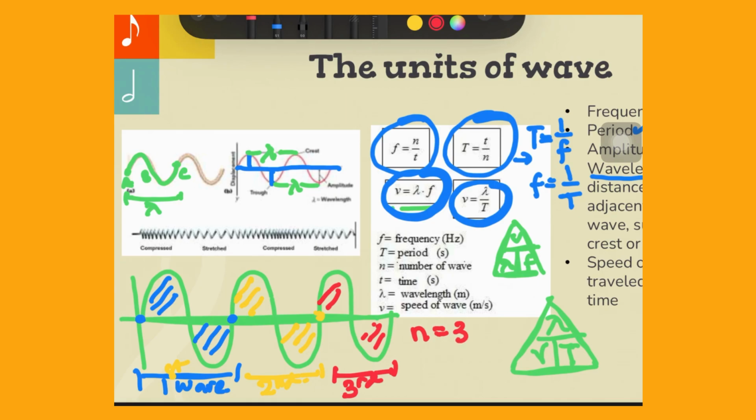So this picture consists of three waves. And then the distance only until this one, so how many waves here? It's half a wave. This one too, half a wave.